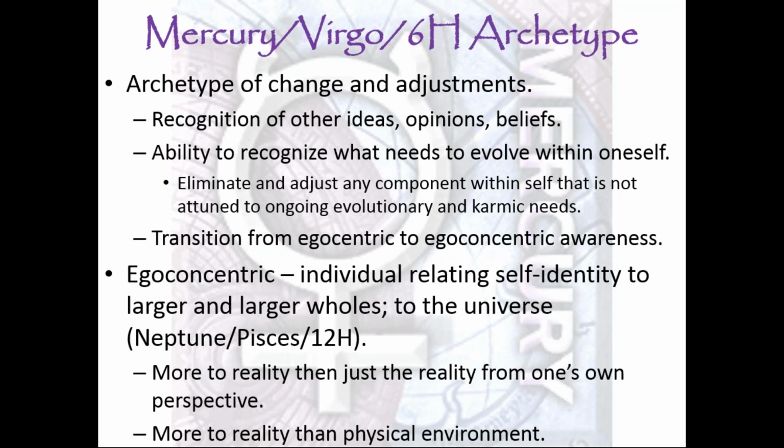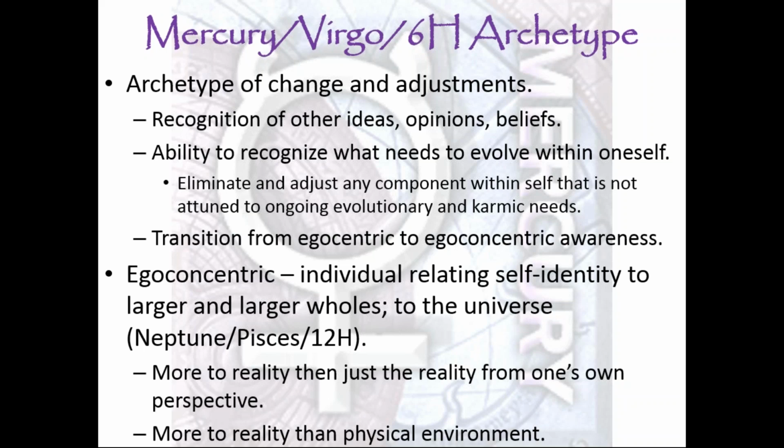In other words, here, Mercury through Virgo in the sixth house recognizes that other people have ideas and opinions and beliefs just as much as we do. It is also an ability to recognize again what needs to evolve within ourselves. That's self-improvement. What do we need to eliminate or adjust within ourselves that's not kosher or in tune with where our evolutionary process is going? I need to get up off the couch and exercise a little more. I need to pay a little more attention to my diet. This is where Virgo in the sixth house becomes related to that archetype of diet, exercise, and rest, because those are key components to the host's